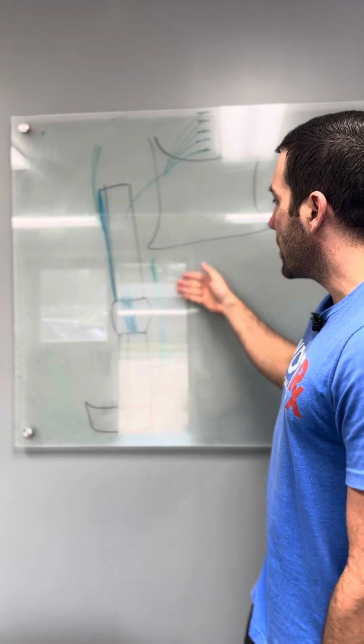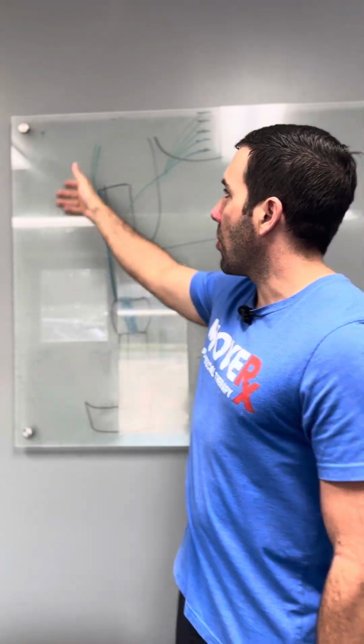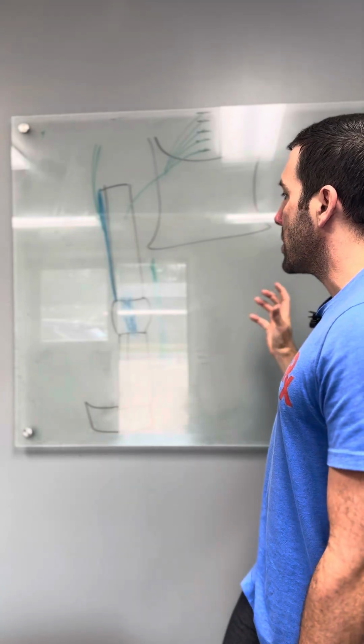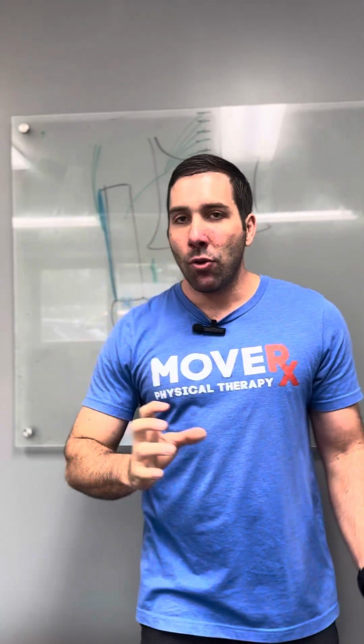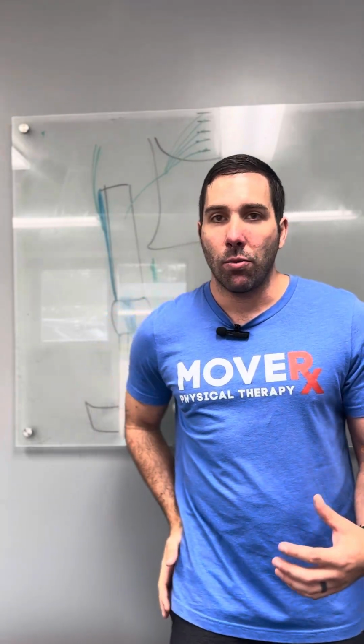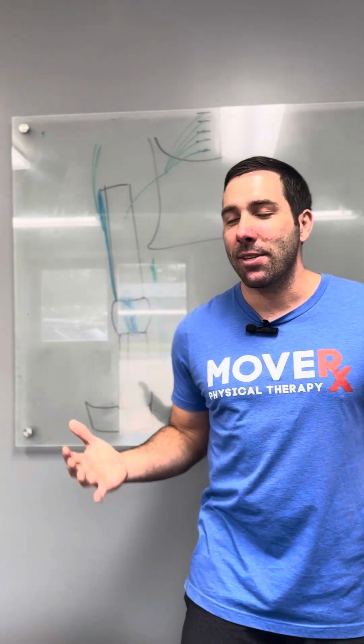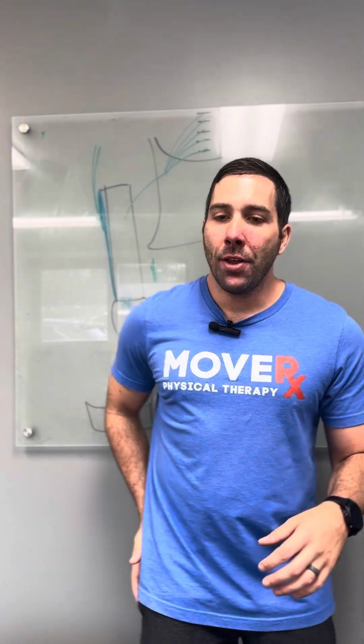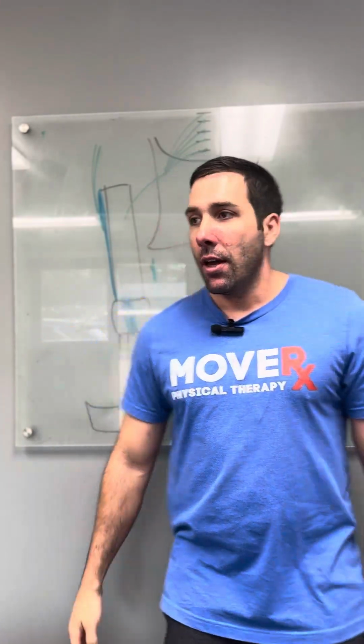However, if we have weakness in the adductors here, or the glute med here, or both, in most people it's both, it'll put an abnormal stress on the knee. So you'll kind of start to walk with what's called a Trendelenburg, or we call it sassy hips here in the clinic, but we'll talk about that later. But your hip will kind of come out a little bit, and that's going to put stress more in a diagonal direction. Same thing with the adductors. We'll see it with people when they're squatting.